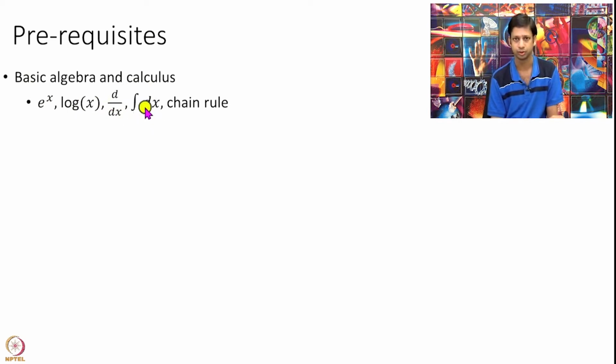Minimal amount of calculus. If I give you a simple function to differentiate, if I give you e to the power of kx to differentiate, you should be able to differentiate that. And the same holds true for integration, the most trivial of integrations, integrating x dx, integrating e to the power of x dx. Complex integrations, for example, integrating a Gaussian function e to the power of minus x square, which is hard, those things we will always provide you, that you do not have to know for this course. Simple ideas like chain rule. So, if I ask you to differentiate x times e to the power of x, how do I do that? Those basic things you should know for this course.